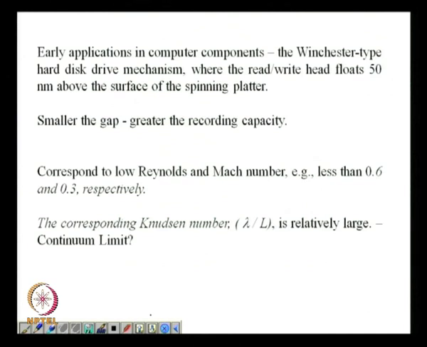When you think of the applications, the initial application one can think of is in computer components, which is the Winchester type hard disk drive mechanism, where the read write head floats roughly about 15 micron over the spinning disk. So the separation between the two solids, one the head and the other the disk, is about 50 nanometer,